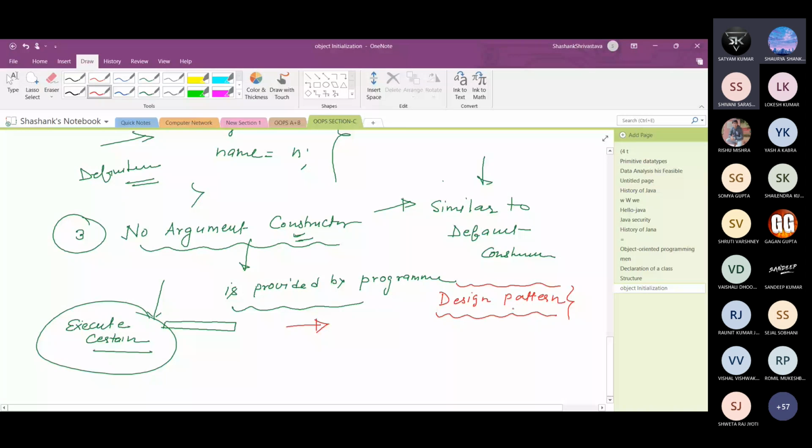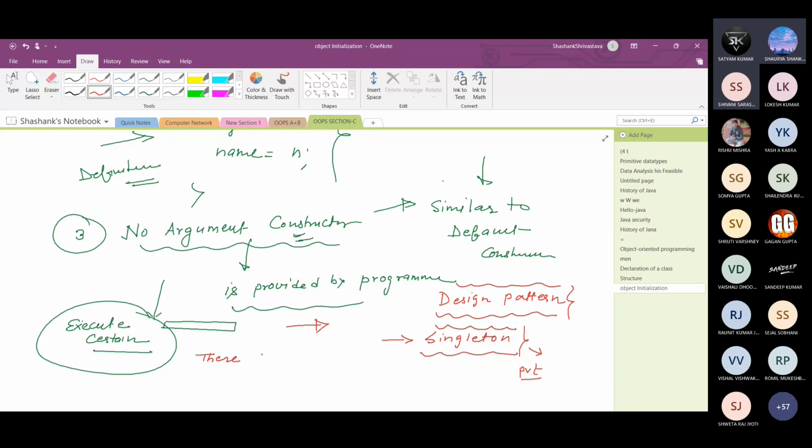There is a design pattern that is very popular, that is the singleton design pattern. This singleton design pattern basically uses the private constructor. What is the singleton design pattern? Basically it ensures that there should be only one object of a class. Means आपको ये लगाना हो कि ये हमने क्लास बना के दे दी, अब इसका सिर्फ एक ही ऑब्जेक्ट बन सकता है, एक से ज्यादा नहीं, ये रिस्ट्रिक्शन लगा के रखना है.